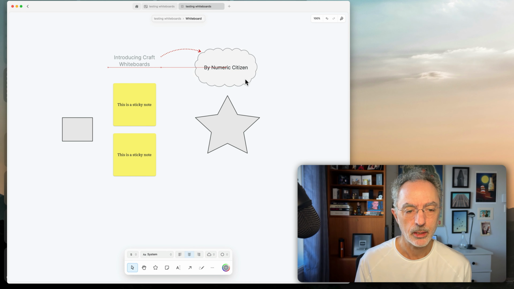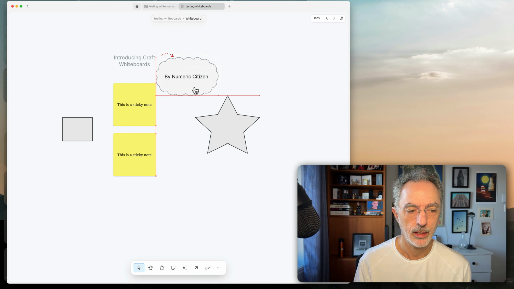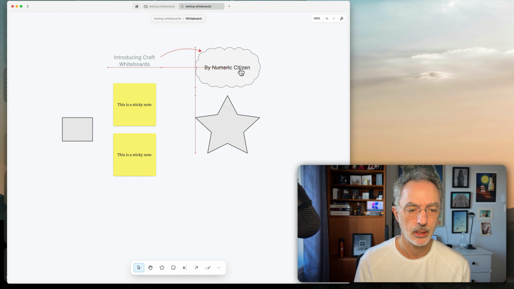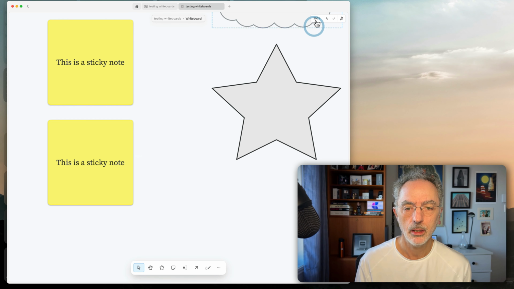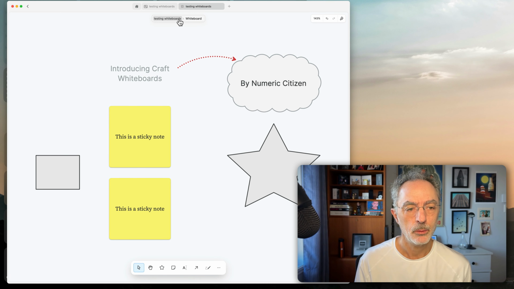As you can see here, those are two different objects. So I need to shift click on that and this one, or right click and group, and then I can move that around as I want. I can resize this, and you see the content of the little cloud will also change accordingly to my resizing of the object. It's pretty great. Here I can zoom in, zoom out, and zoom to fit. And when I'm done, I can click on this here to go back